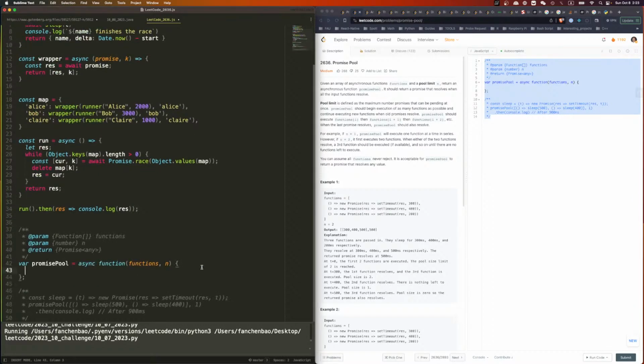Okay. So we have all these promises, right? What we're gonna do? Functions is a list of functions, right? Yeah, it's a list of functions. So what we want to do is constant map equal to... we need an index. Okay, so it should be Object.fromEntries